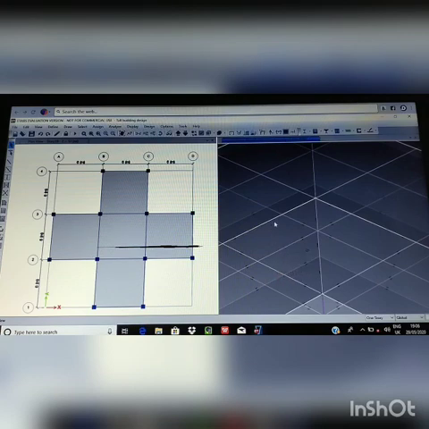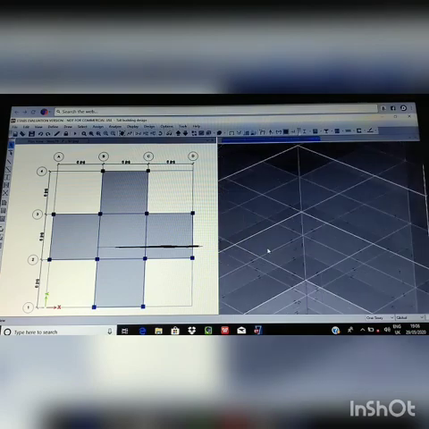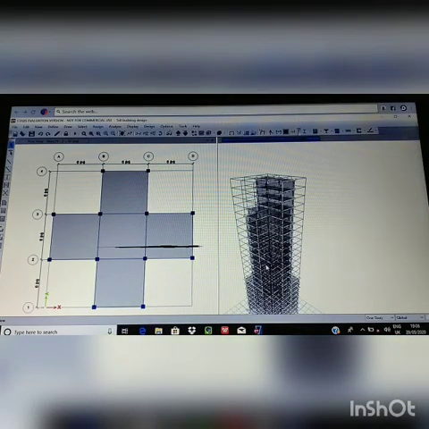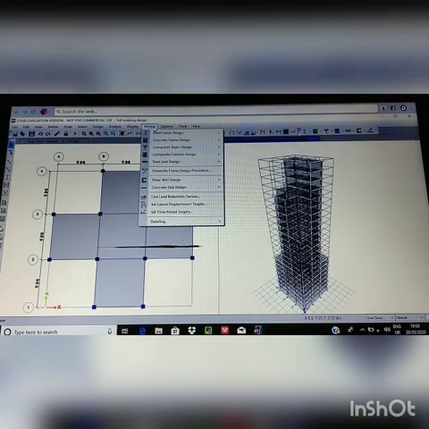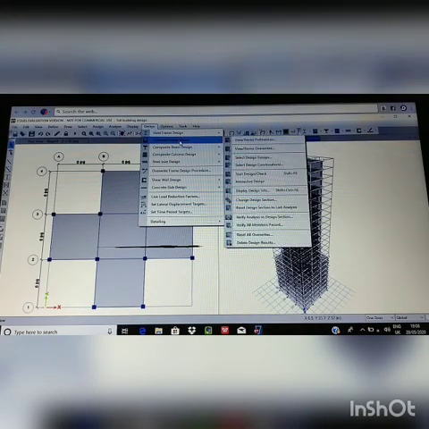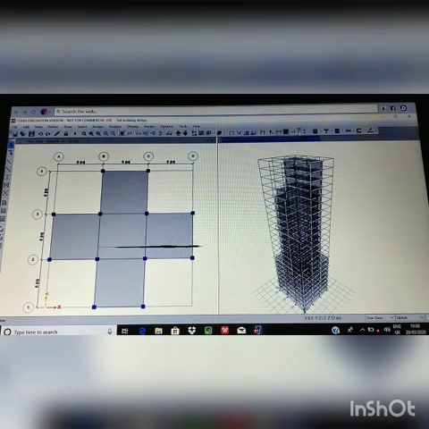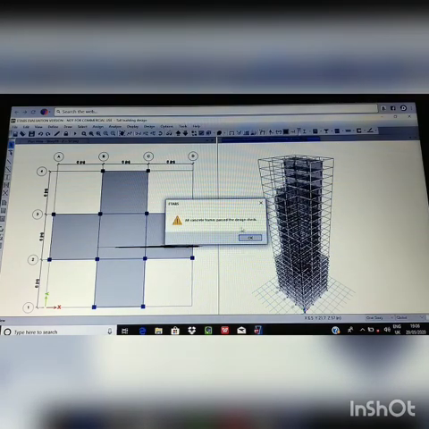Now verify all members. Go to Design and click on Concrete Frame Design. Verify all members. Here we can see that all concrete frames have passed.